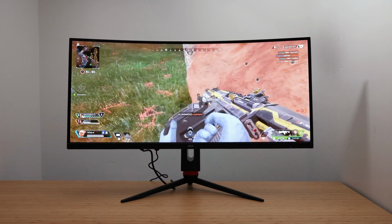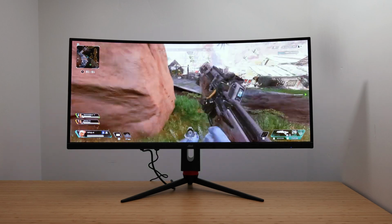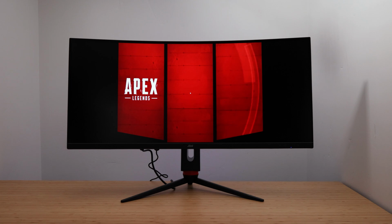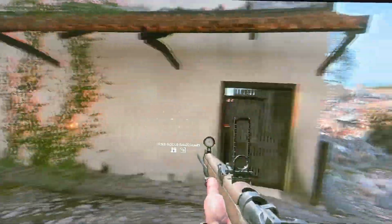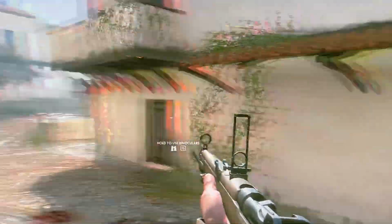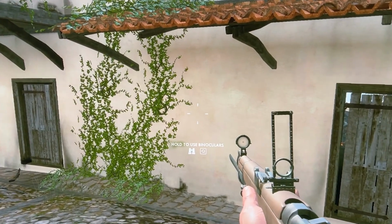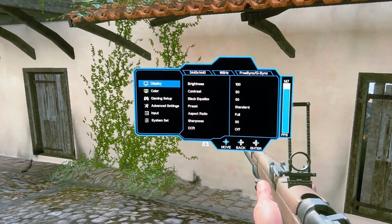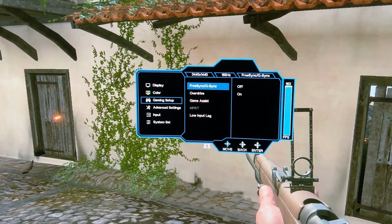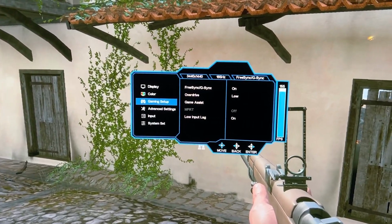Now, in terms of other issues, there was one major one that I wanted to bring up. If you do increase the overdrive setting to medium or higher, you will definitely see some red smearing on certain objects. So that's something to keep in mind, that I definitely would keep it to that low overdrive setting. I would not push it any further, which unfortunately means you are going to get a little bit more dark level smearing than potentially what you could expect to see out of the medium or even max overdrive setting out